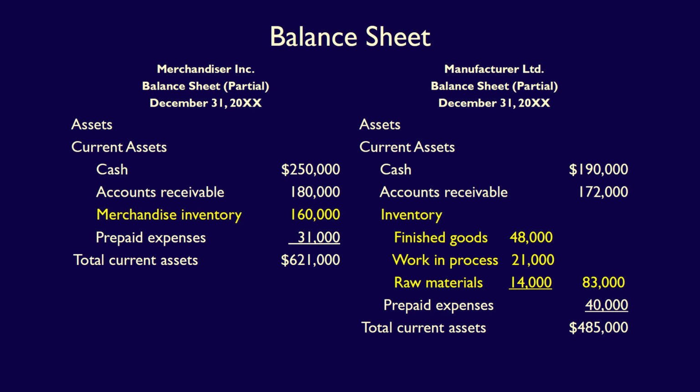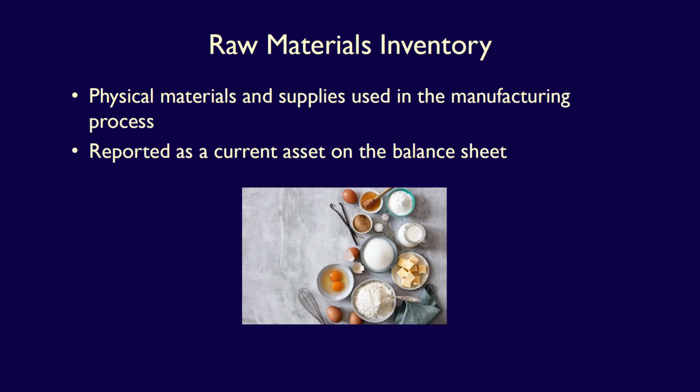You can easily see the difference between the merchandiser's balance sheet, with one inventory account called merchandise inventory, and the manufacturer's three inventory accounts, finished goods, work in process, and raw materials. Let's look at the definition of the inventory accounts used by a manufacturer. Raw materials inventory is the cost of all the physical materials and supplies that are used in the production process. For example, for a bakery, this would include the flour, sugar, eggs, milk, butter, and other ingredients required to manufacture